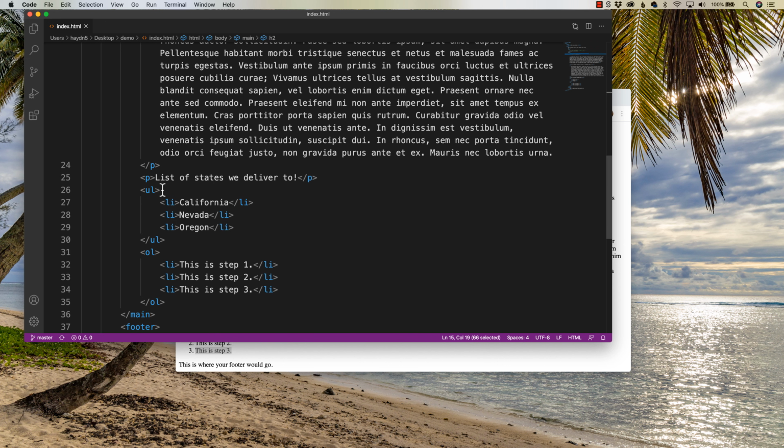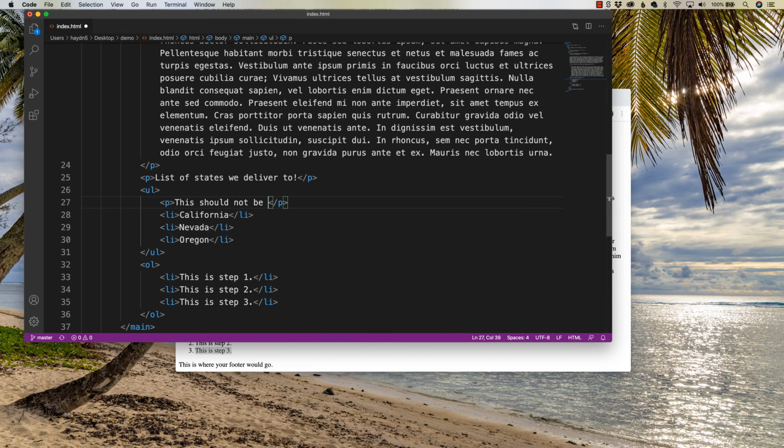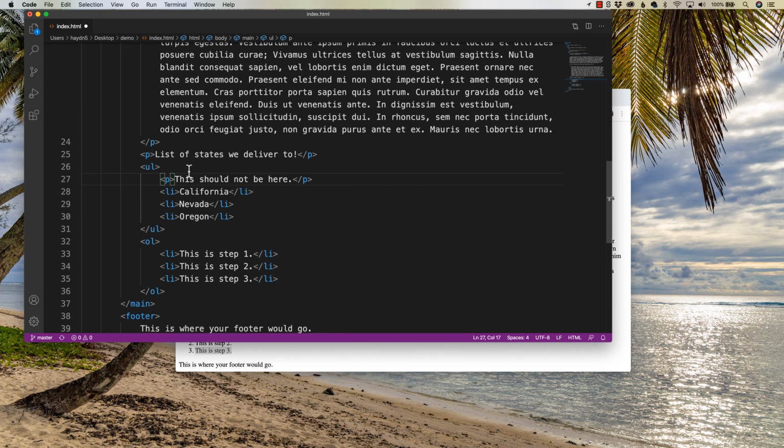Now what I will not do is this. I won't put a paragraph. This should not be here. Because if you think about it, what I created was a ULP, which means I have an unordered list paragraph. And if that sounds strange to you, it is to me. So in CSS, I would never code a ULP because the paragraphs are paragraphs and the ULs are ULs, and never the twain or two shall meet. There are a few exceptions here and there, but for the most part, 99.99% of the time, you really should